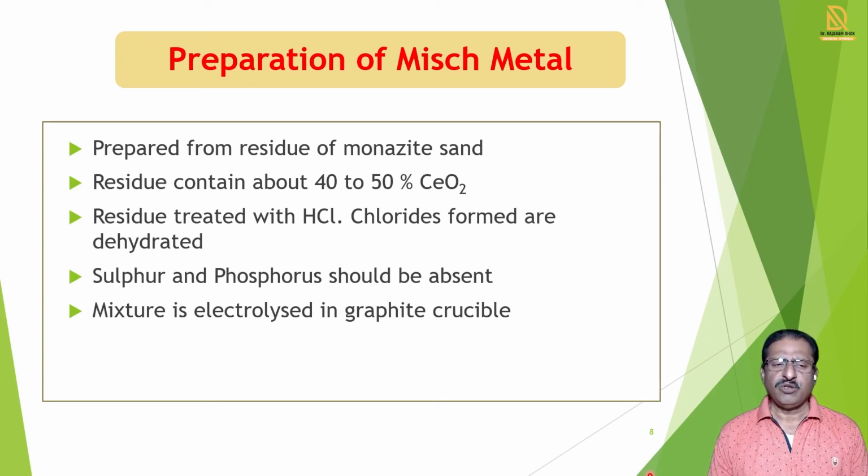So what is the pyrophoric property? Pyrophoric property means when we rub that metal with certain other objects, there is formation of a spark, and that spark is used for burning gas or some other material. Such pyrophoric property is the main property of that mish metal. And when there is excess quantity of sulfur and phosphorus in that mish metal, then the pyrophoric property is reduced, or is not observed.